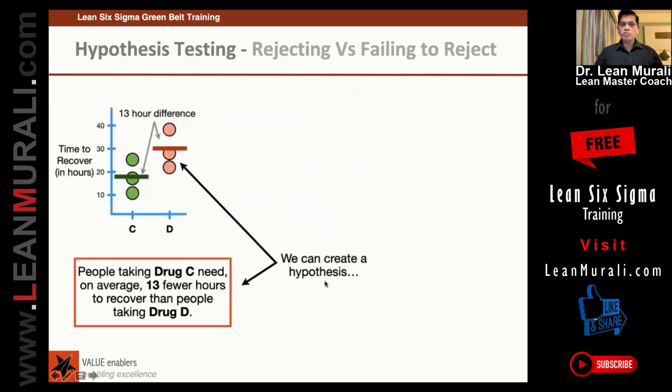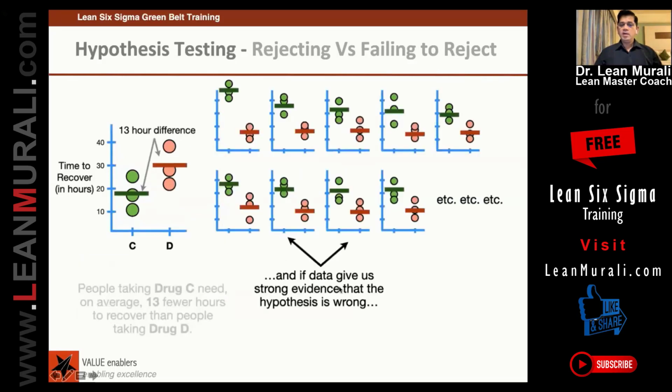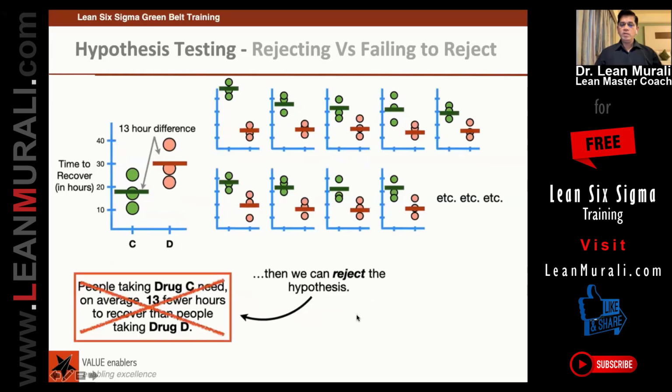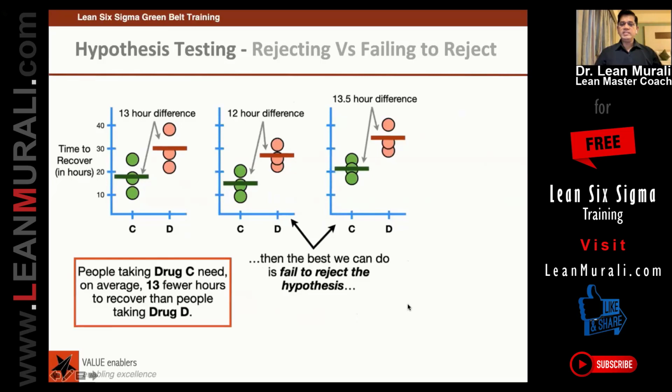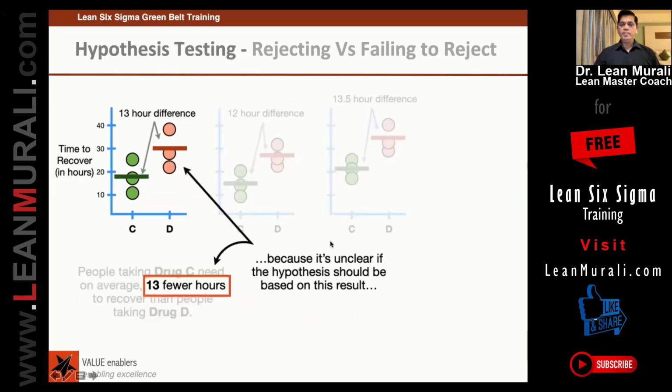To summarize what we have done so far, we can create a hypothesis based on this. And if the data gives us strong evidence that the hypothesis is wrong, we can reject the hypothesis. But if you have data similar to the hypothesis, but not exactly the same, we fail to reject the hypothesis. This is rejecting versus failing to reject, because it is unclear if the hypothesis should be based on the result